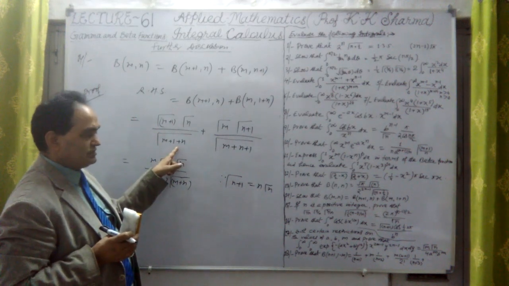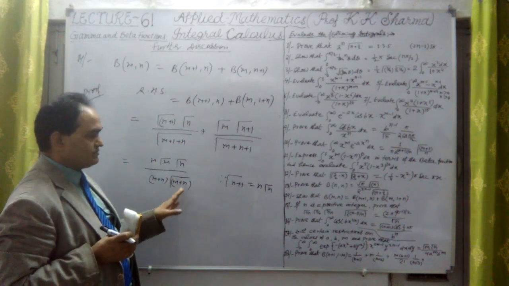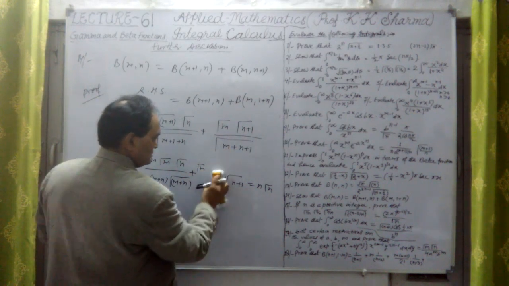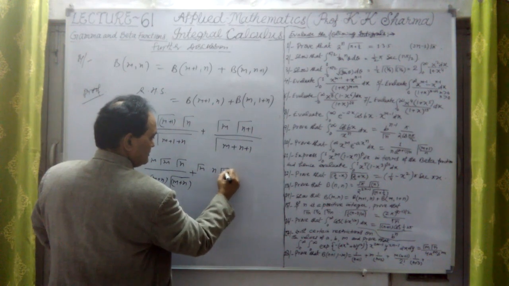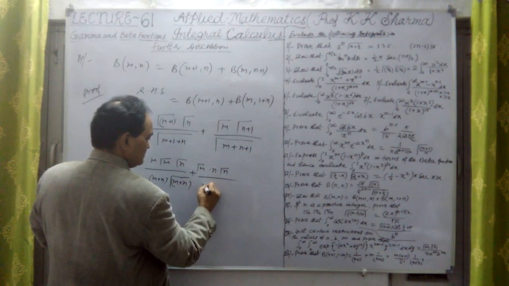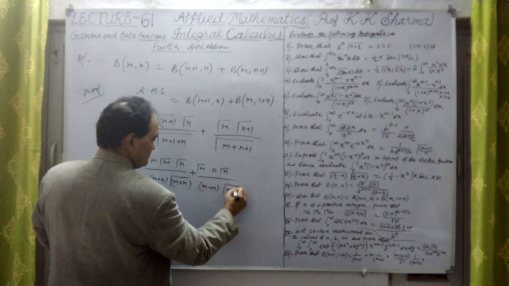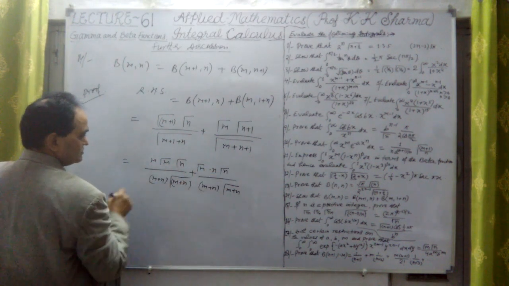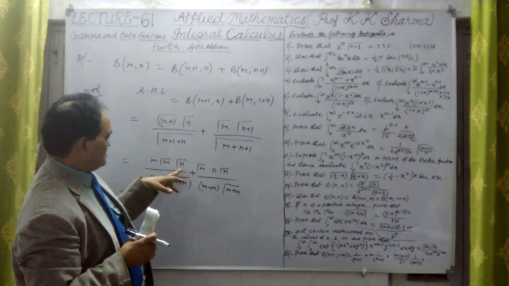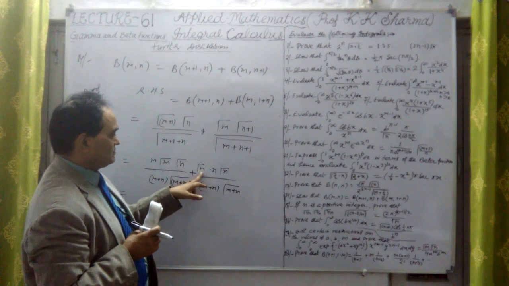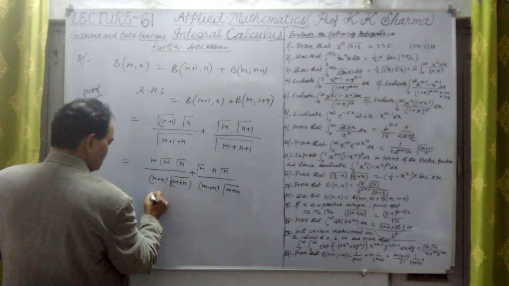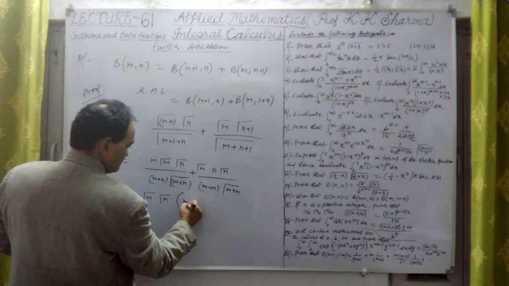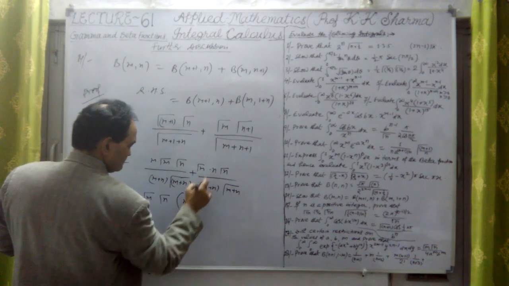Similarly, we have subtracted 1 here. It will be m plus n, gamma m plus n. Similarly here, gamma n as it is, n gamma n, divided by, similarly here, m plus n gamma m plus n. Now if I take gamma m common, gamma n common, we have the remainder here, m plus, this is n here, is n divided by